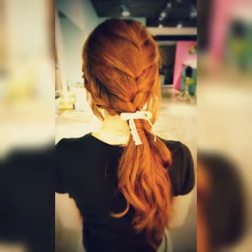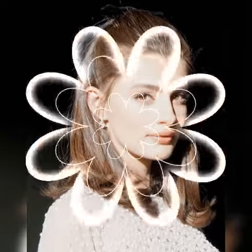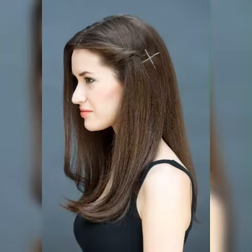Create a messy bun. A messy bun is a classic hairstyle that can be dressed up or down. Simply gather your hair into a high ponytail. Twist it